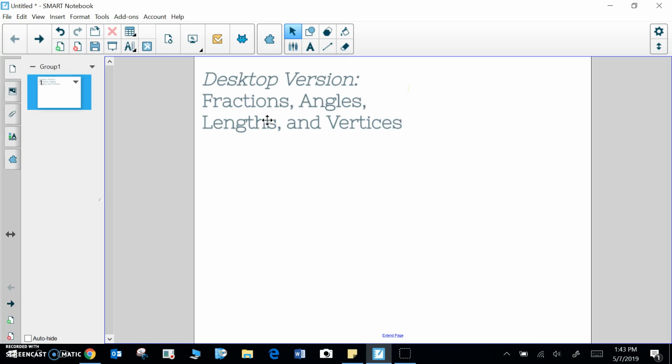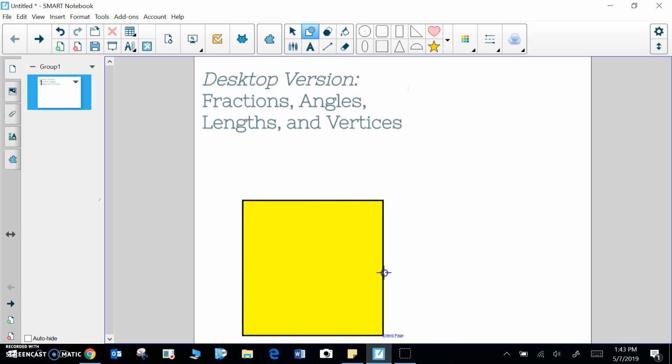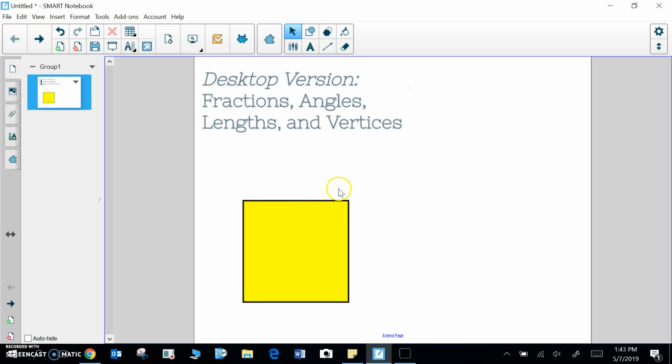This video is going to talk about the desktop version features of fractions, angles, lengths, and vertices. If you were to add a shape, and let's just add this four-sided shape, we'll make it yellow, and you draw it, when you go back to the arrow, which is the select tool, you can click on the shape and it